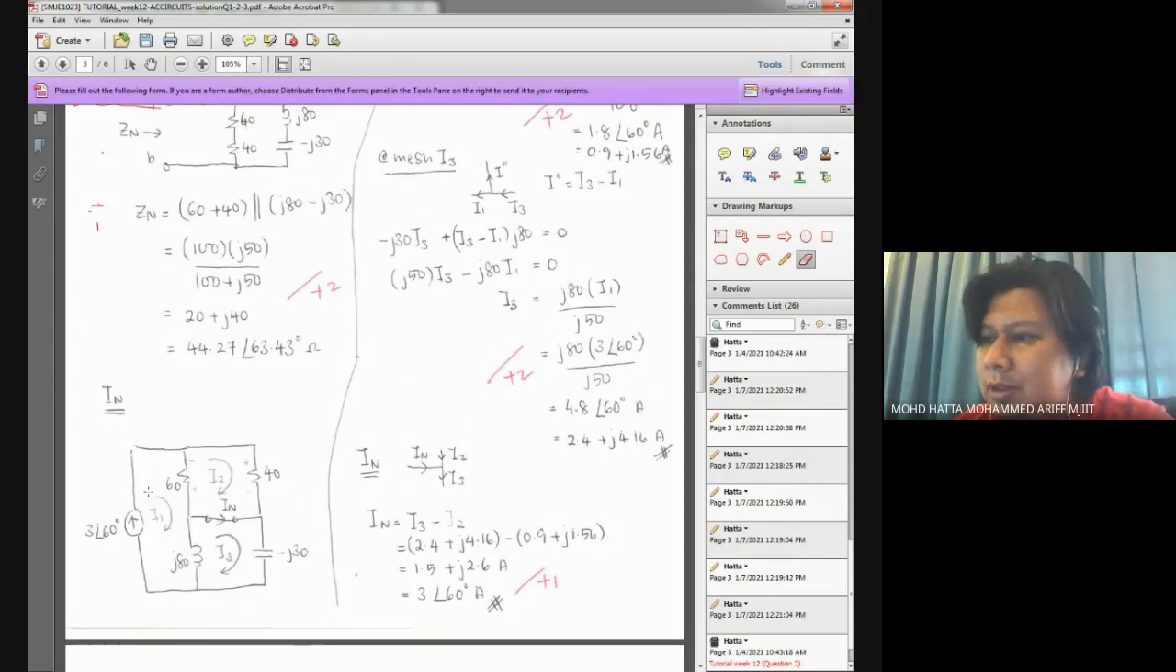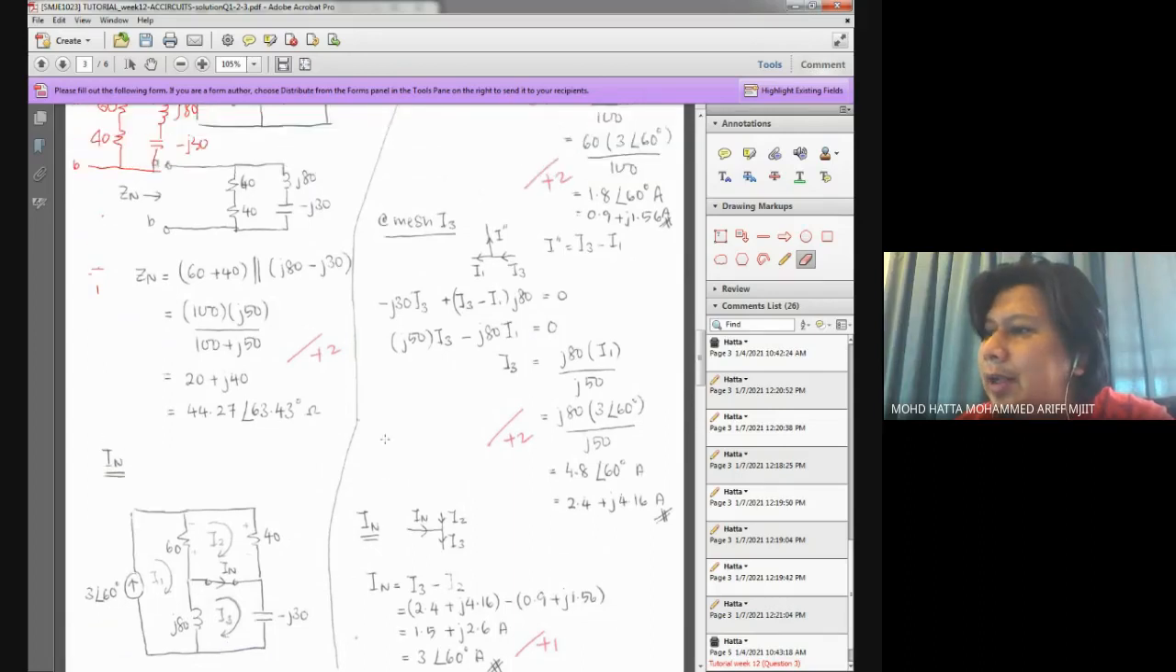So using mesh analysis, I define my meshes. Here is I1, I2, and also I3 over here. And looking at the solution,